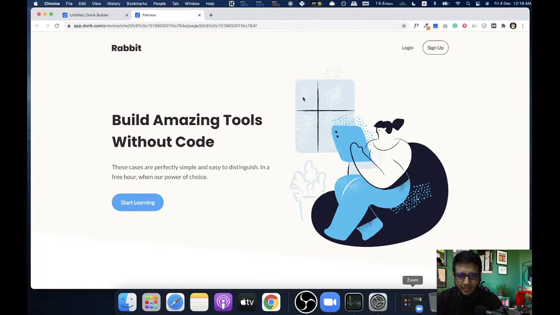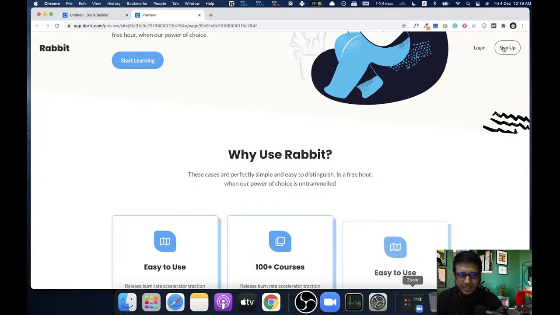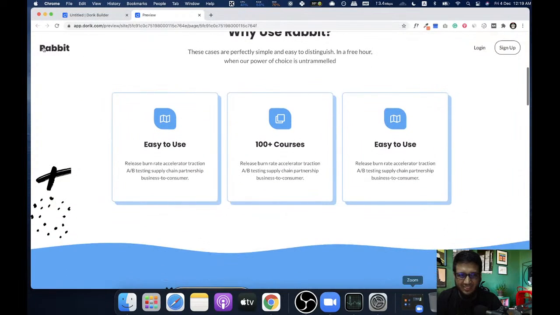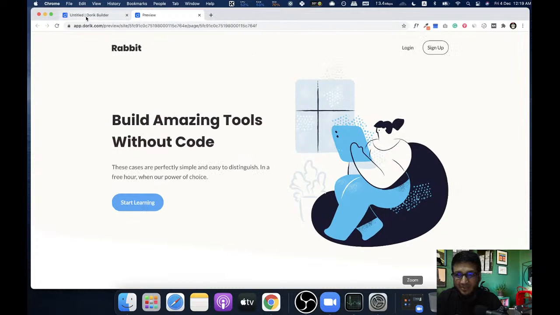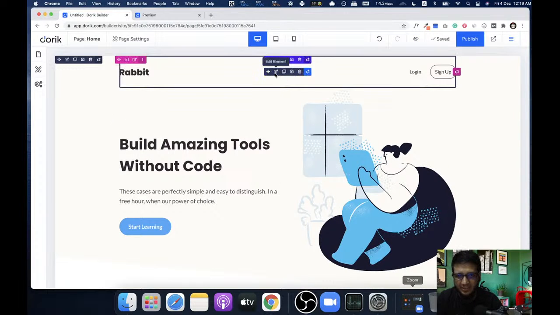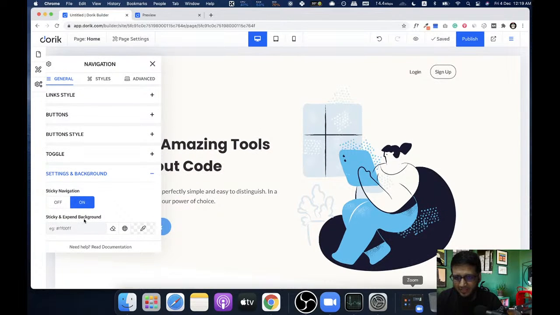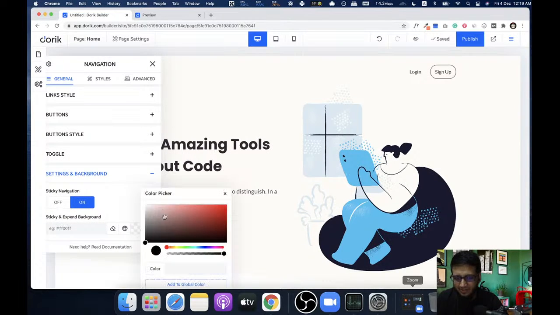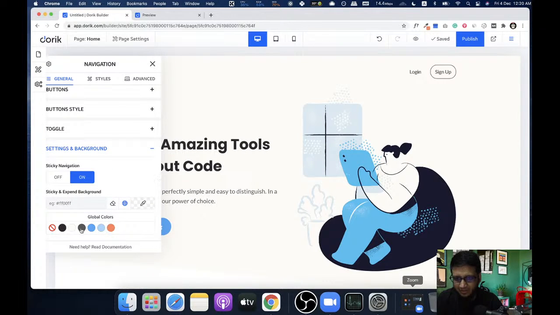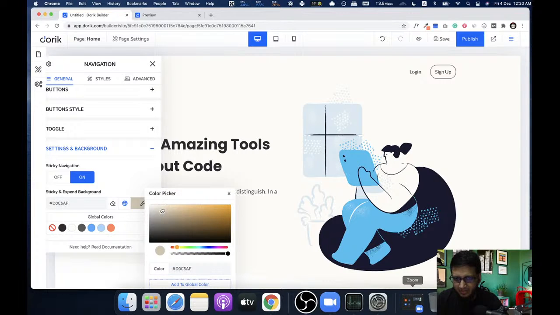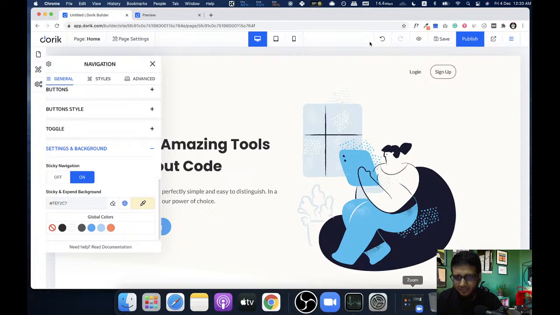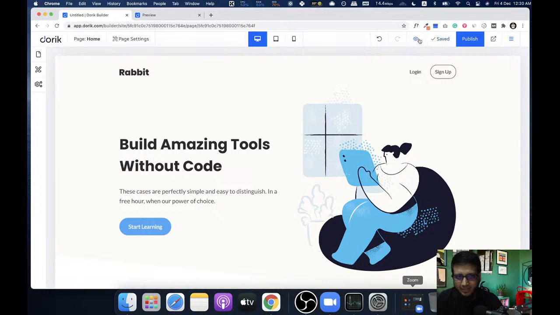So you can see, I'm just going to scroll. The navigation is here, but we can't see it because we did not add any background for the fixed navigation. So we are going to add a background on the sticky navigation. I'm going to give it our normal color. Which one should I do? I think this one will be all right. A little bit darker, so you can see. That's fine. Save it, and it's auto saved, preview.